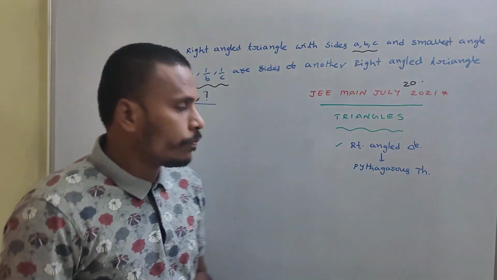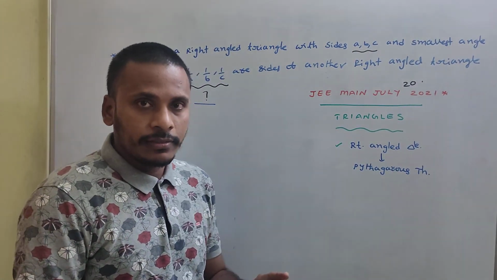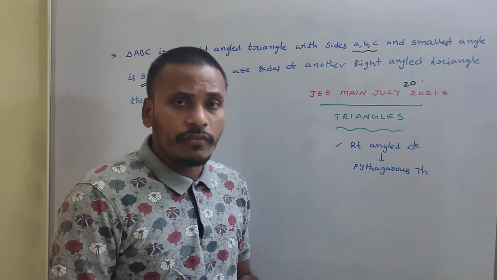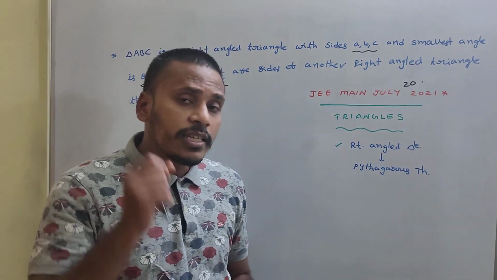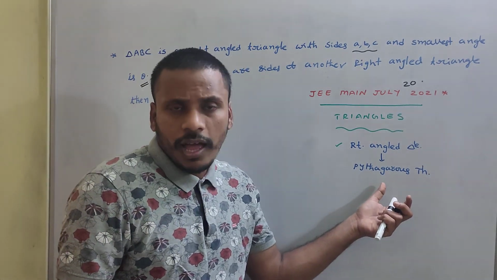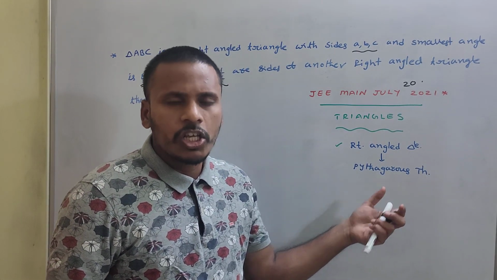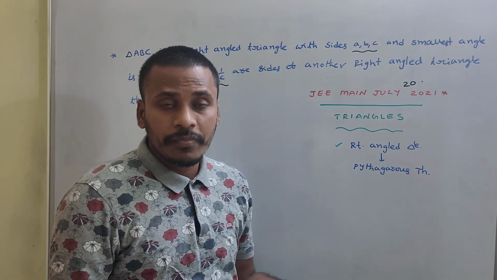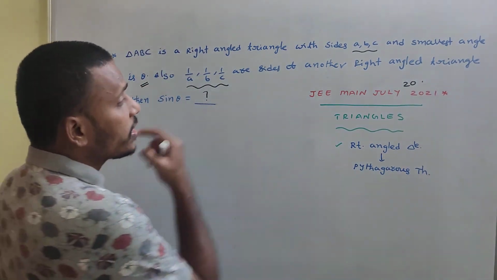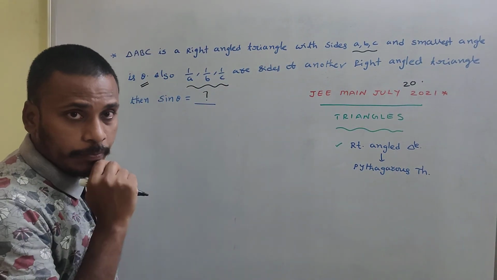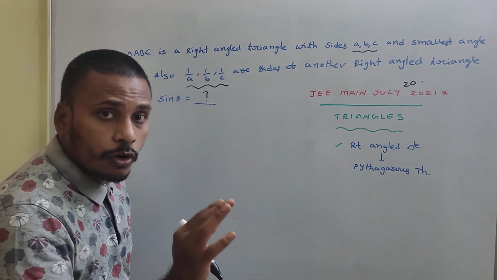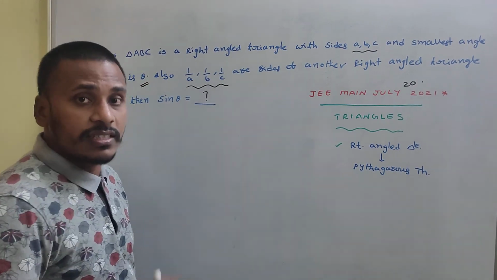How to do it? To solve this problem, we need the simple right angle triangle concept. I think you all are well aware of the right angle triangle. In a right angle triangle, the hypotenuse is the largest one, and we are aware of the Pythagoras theorem. You just use your favorite Pythagoras theorem along with the hypotenuse concept to solve this problem. a, b, c are the sides of a right angle triangle. We don't know which is greater, which is smaller, but the smallest angle is given as theta. So first of all, we need to decide an order for the three sides a, b, c.